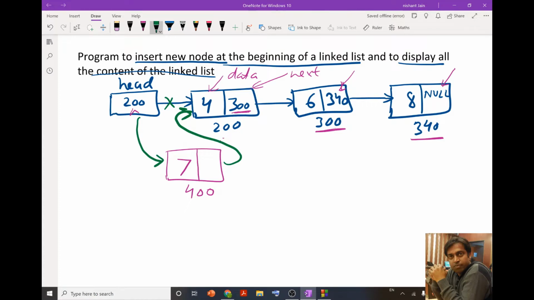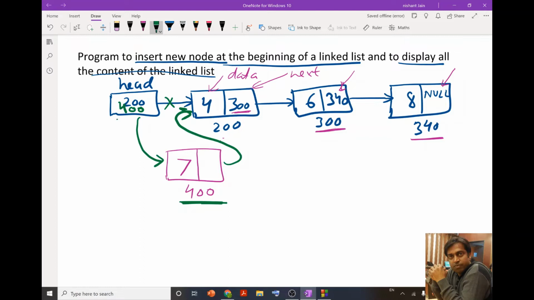To connect this way, I have to update the value of the head with this information. So in the head I have to update the value 400, so that when I start with the linked list, this head will carry the address of this particular node.